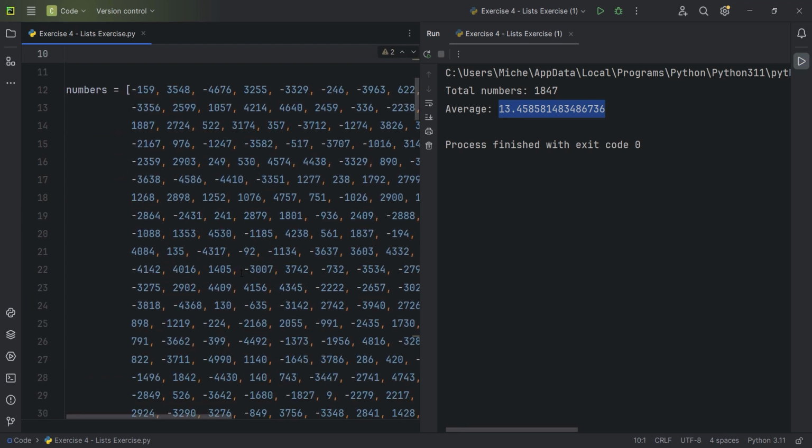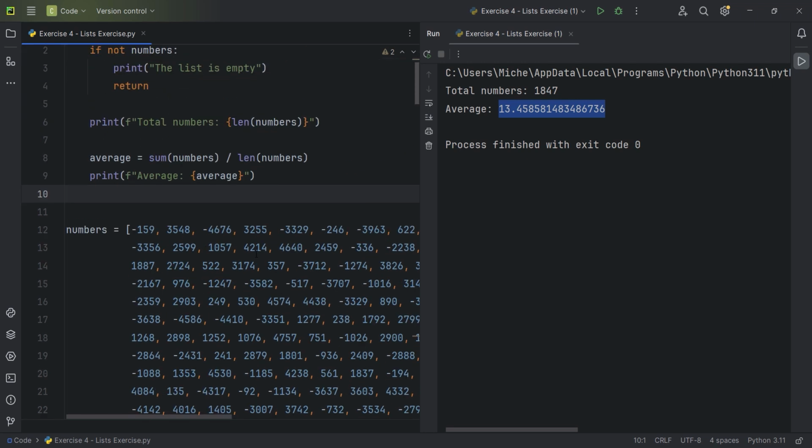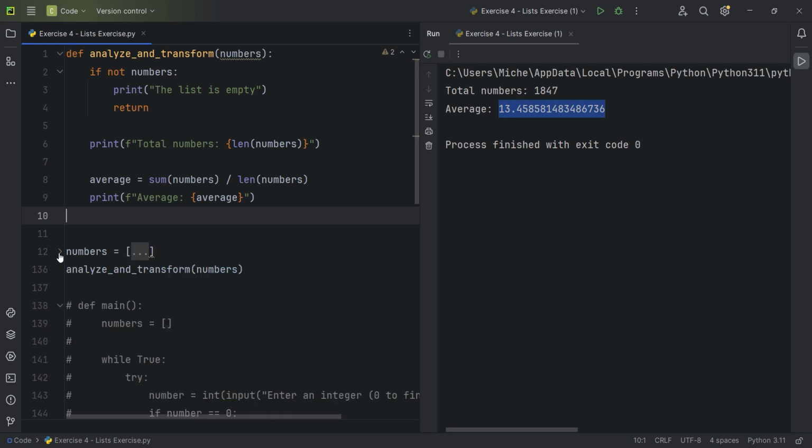13.45. And the reason for that is because we have a lot of negative numbers. That's why I created this list with a bit of negative and positive numbers so that we have something in between. So 13 is the average, or